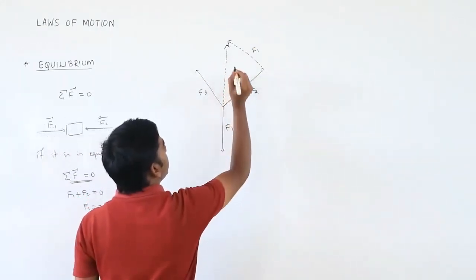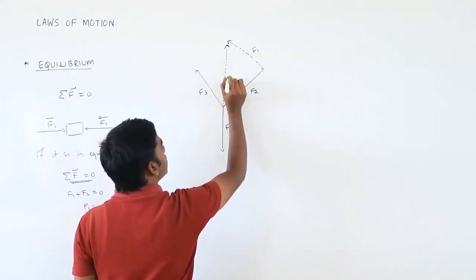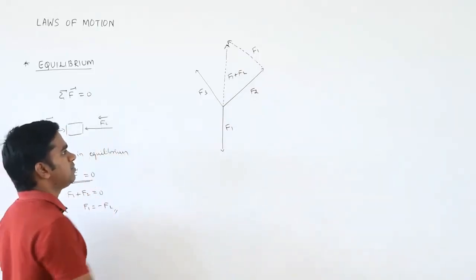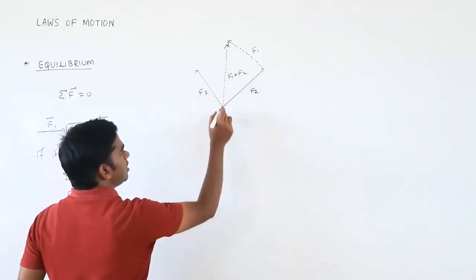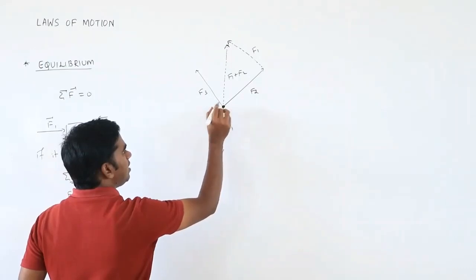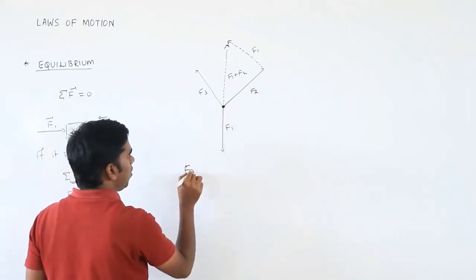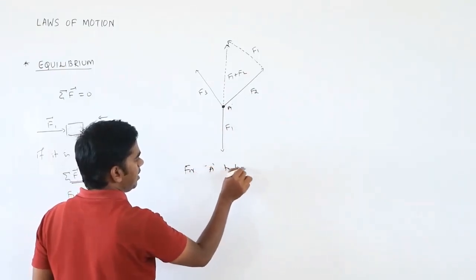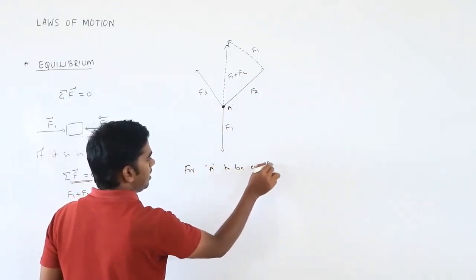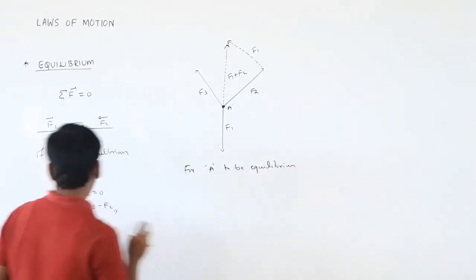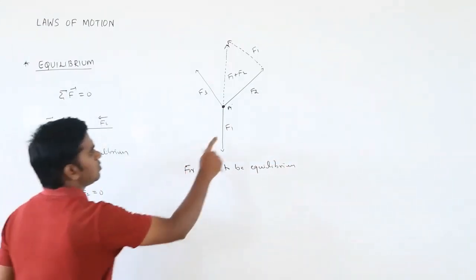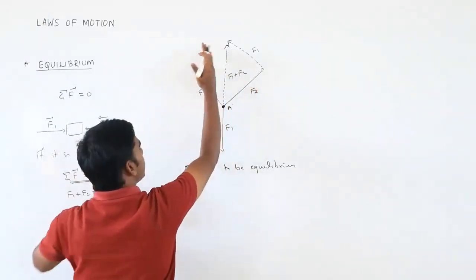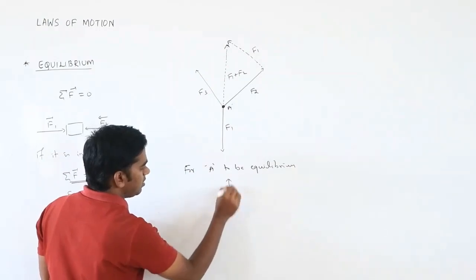So this will become what? This is the resultant of these two, which is nothing but F1 plus F2. So F1 plus F2 are what? They are equal and opposite. Suppose an object, or particle, here is going to be in equilibrium, we can take object A to be in equilibrium. So what is required? These two forces should be equal and opposite. Now forget about this one. You have taken the resultant over here.